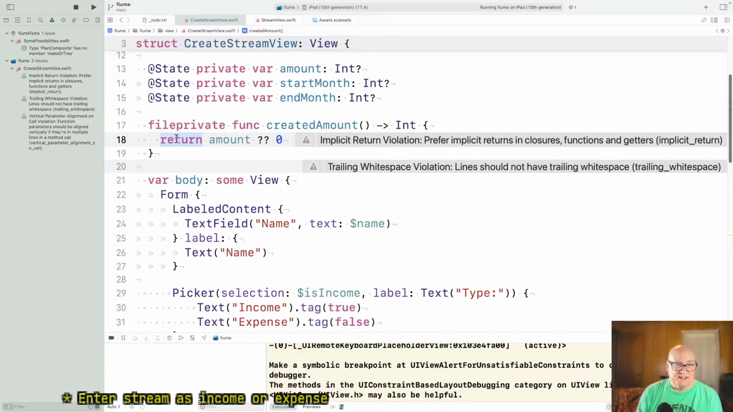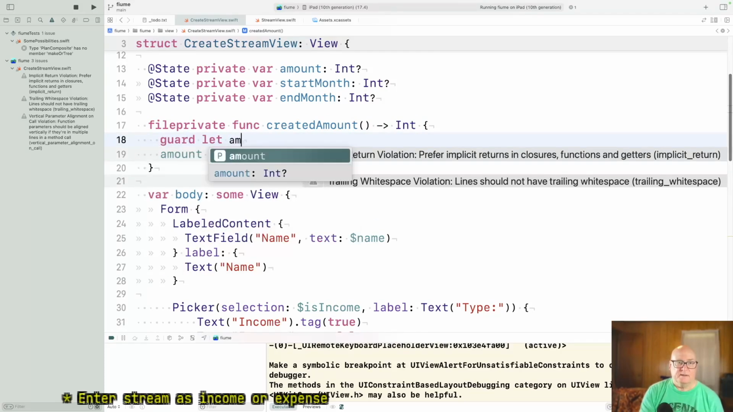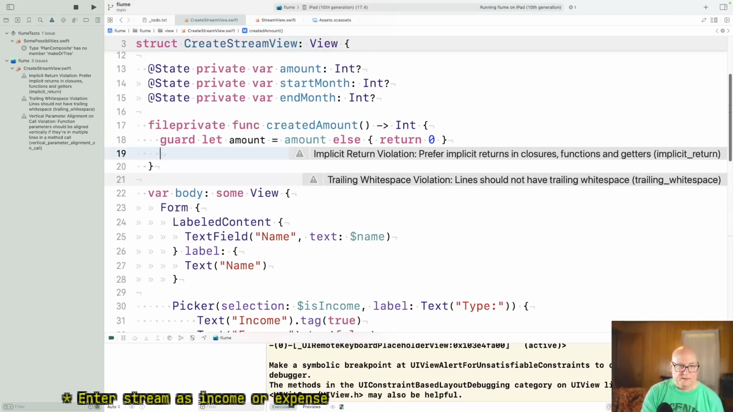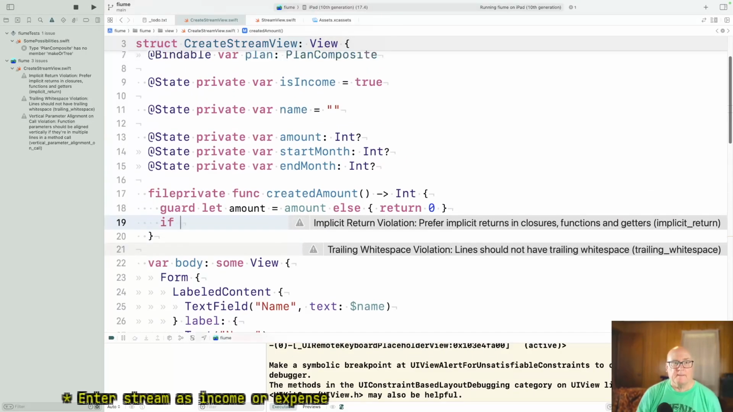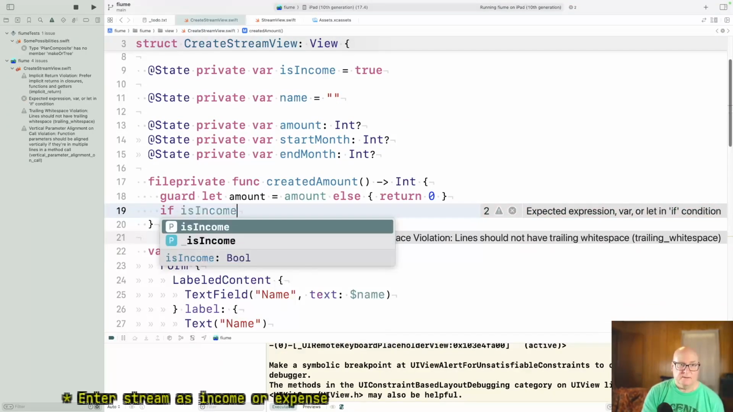Okay, but SwiftLint's not Swift or not Xcode. All right, so if let's say guard let amount equals amount, else return zero. Okay, so now we've taken care of that. And if is income